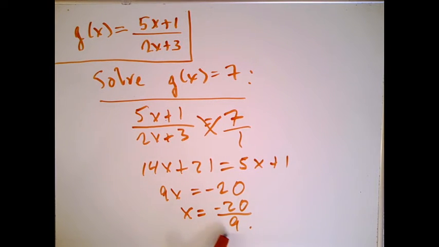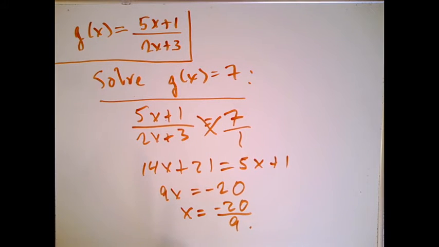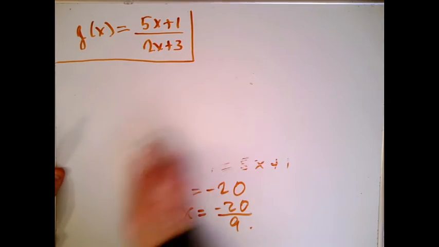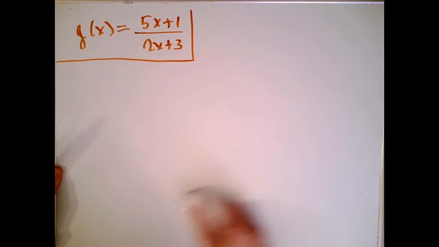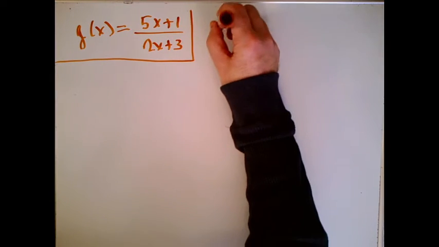You should try just plugging this back in here and making sure you do. That would be practicing inputting. Or to check, you could put this function in at Desmos and then just put this number in and make sure you get 7. So there we do have several ways to check. All right, that's the first thing they asked us to do, is find the x values so that the output was 7. The second thing they asked us to do, and this is very, very common, is solve